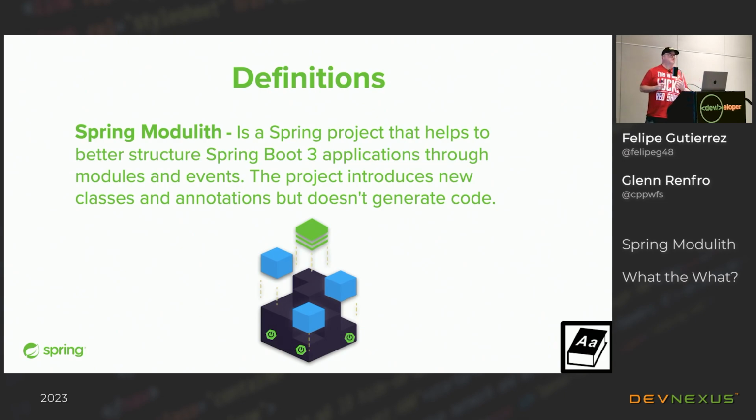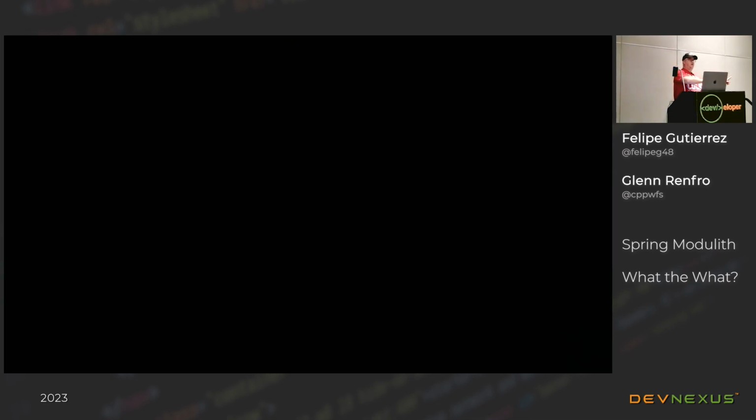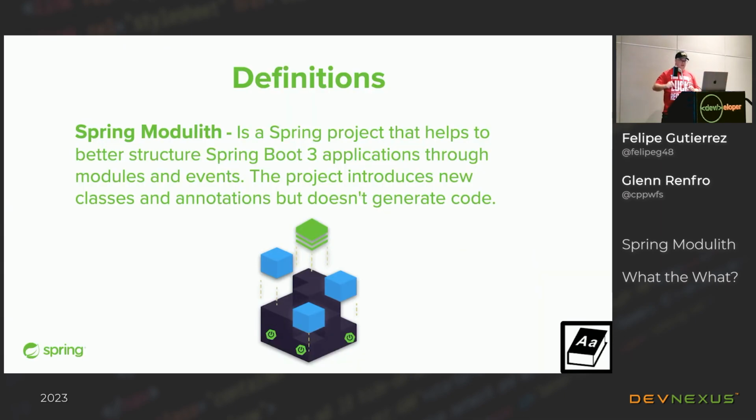As we go through this process, you may not go through that whole radical process of bringing all your apps back into a monolith, but you may say there are certain areas where you may want to take some of your microservices and aggregate them together. But how can we do that in such a way that we can maintain the architecture of our application? So what we're going to introduce is something called Spring Modulith.